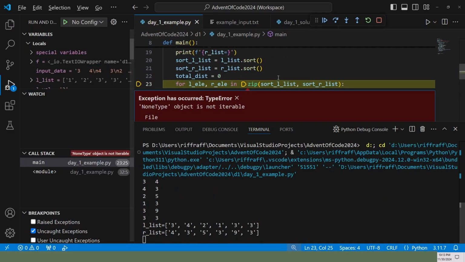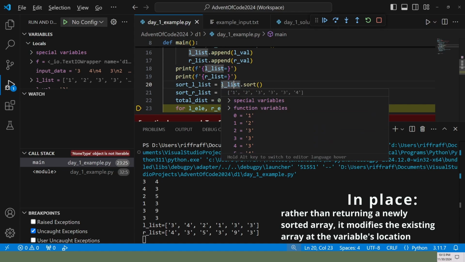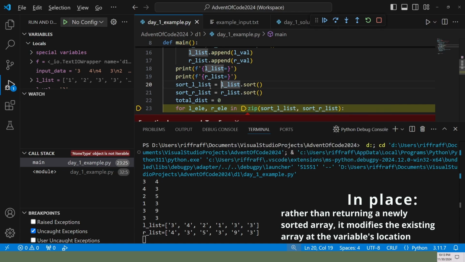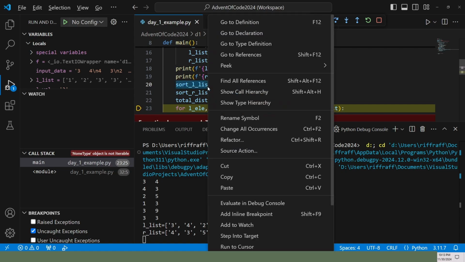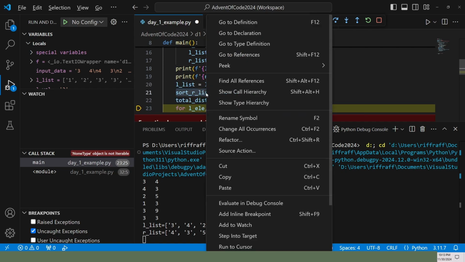Let's see how we did. Oh, so it looks like this is probably going to do this in place. That'll be okay. So we are going to name this instead to same thing.